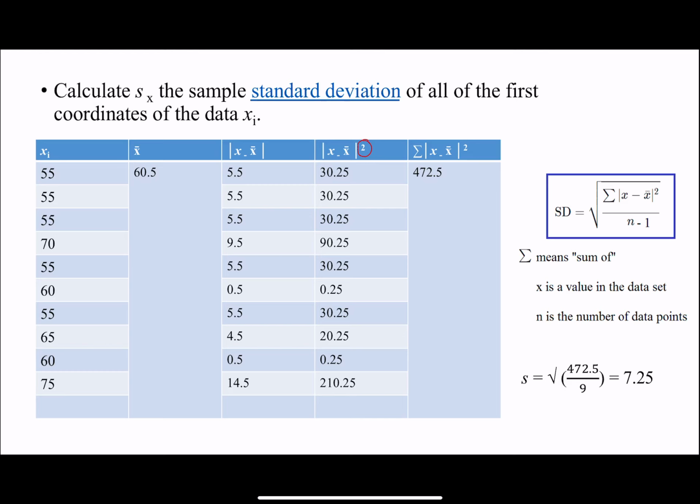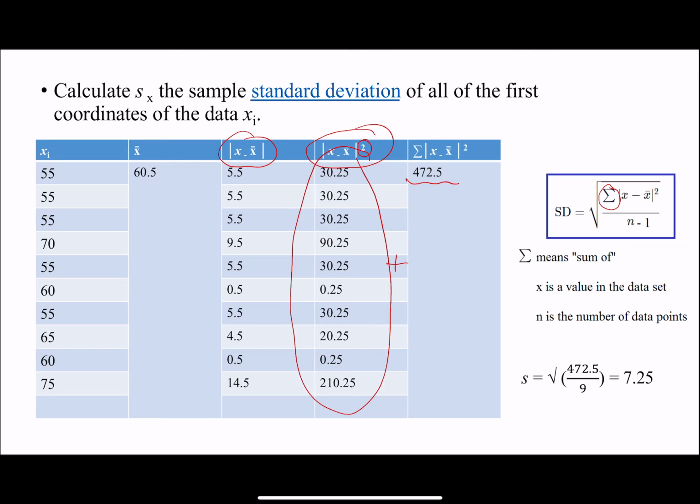And then whatever you have in this column, in the next column you make the squared. So 5.5 squared is 30.25, and so on, keep going. When we have x minus mean value squared, then you add them all. You have a sigma in your equation. So you add all the values that you have in this column. I added all these values and I got